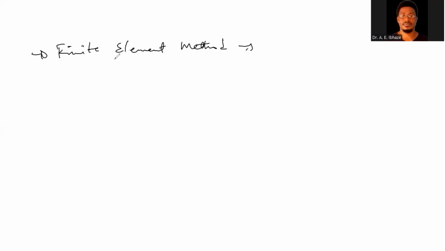So let's assume the test function in this case is v of x, okay? And now we already know that v of 0 is the same as v of 1, based on the boundary conditions, is the same as 0. So we are going to integrate over that